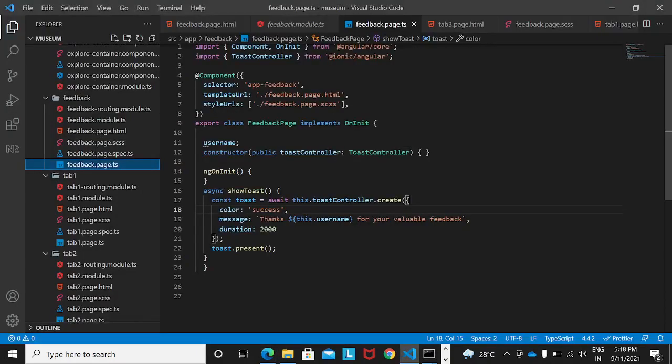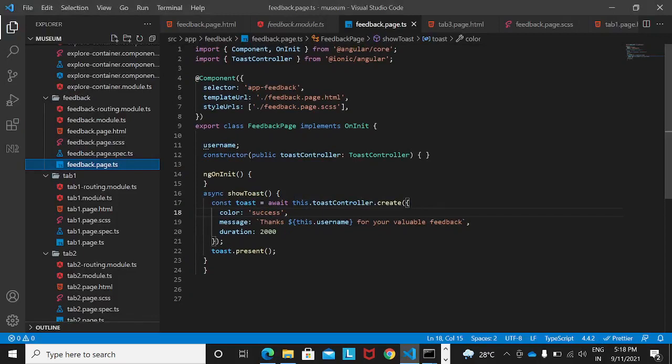So how do we do that? For doing that, if you see over here, first we came to the feedback.page.ts page. We have added ToastController to it. Now adding ToastController is simple. You can go to the Ionic website, see the documentation, and copy paste it from there itself, the showToast method. So here we are taking the name as username, and this username is actually coming from the HTML